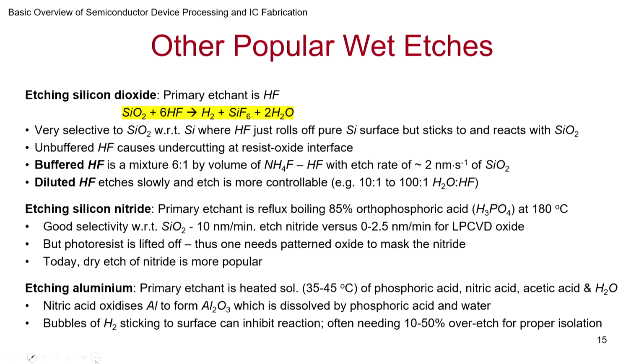One problem you may face with this, which is traditionally faced also, is that bubbles of hydrogen may end up sticking to the aluminum. So in those regions, the etching may not happen that well. So you will need to sometimes over etch it to make sure that it's completely etched properly. So those are some issues you may want to watch out for. Otherwise, there may be a bridging effect, because some bubble may be sitting that was not etched, and two lines may be touching. So you may have to over etch it. Over etch means you have to spend a longer time doing the etching.